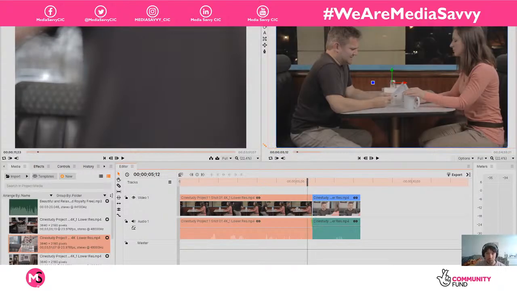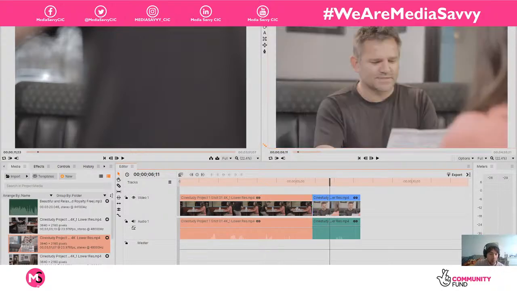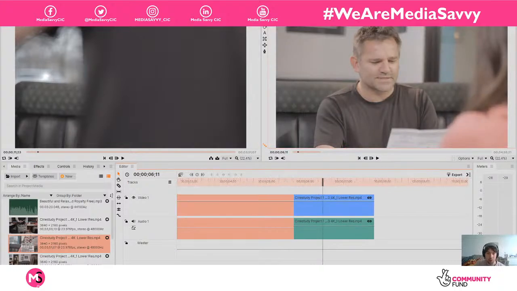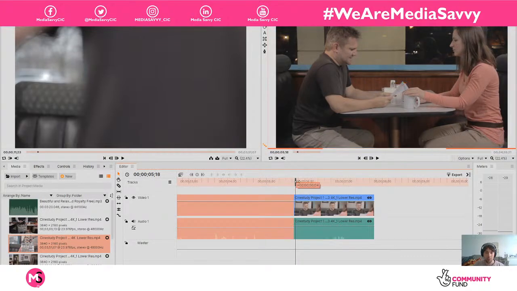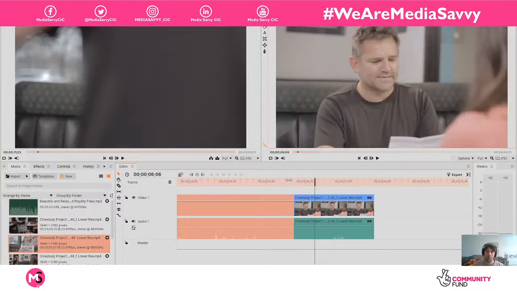So I could probably do it on this, to be honest. I've got a moment here where there's not really any sound, but if I carried the sound across from one of these clips, that would be a nice way to hide it. Sometimes when you cut from one clip to the other, the sound might jump, and you can tell that there's a cut because of the way the sound is. So a J and L cut is a really good way to hide that, just by dragging. I'll show you how you would do it.